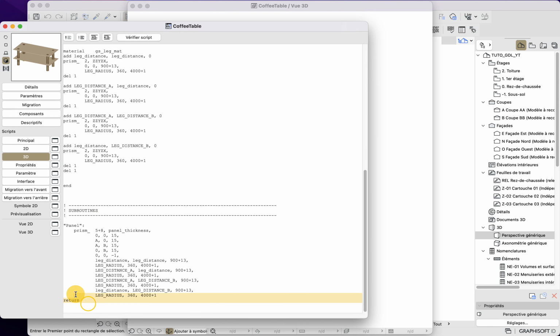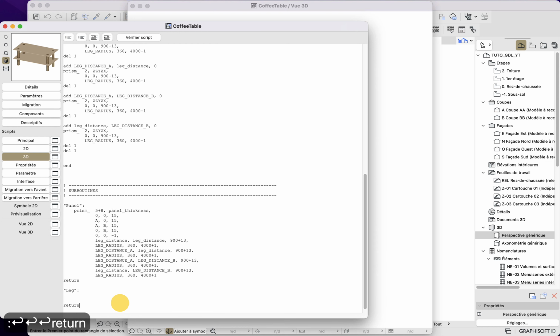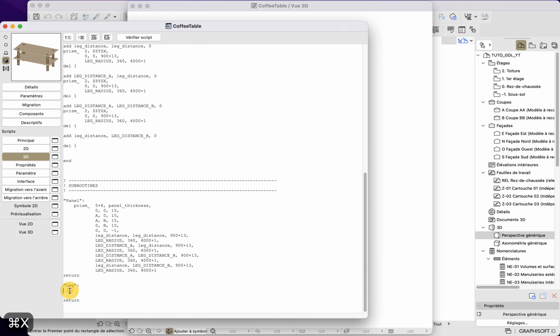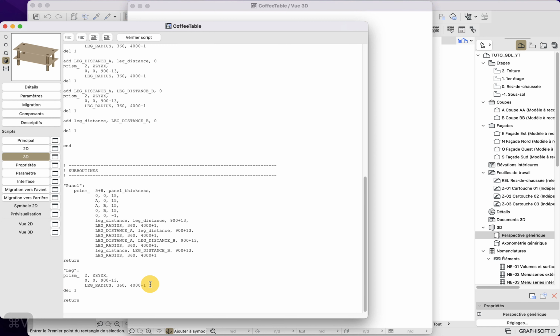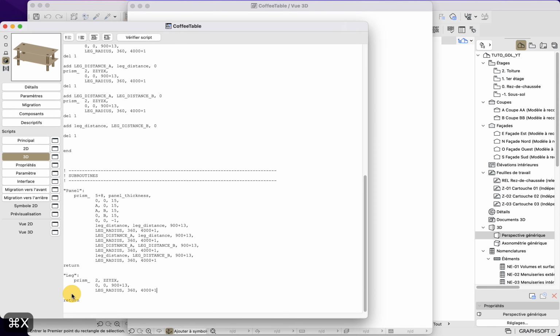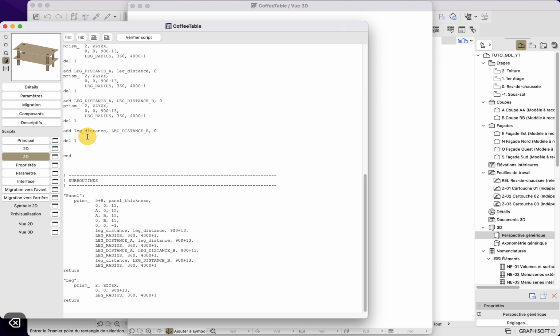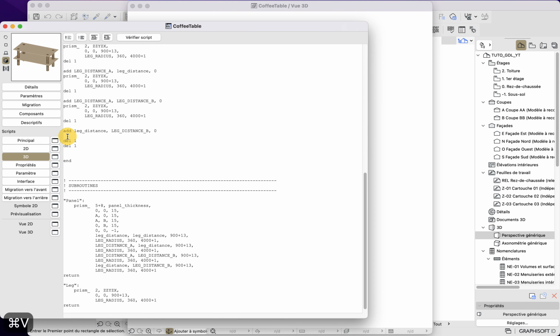So here this is the legs. So what I will do is that I will create a new subroutine called leg that will return this code. Here, it is also good practice, at least for me, to put a tabulation that way. So here you can see that I copied something that I shouldn't. So here I will just put it back here like this.